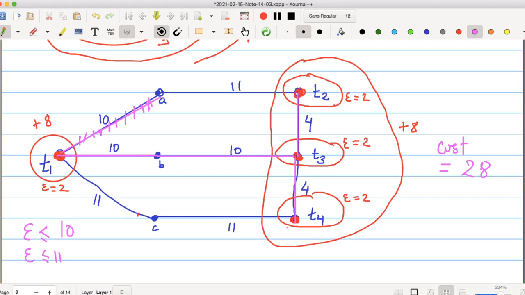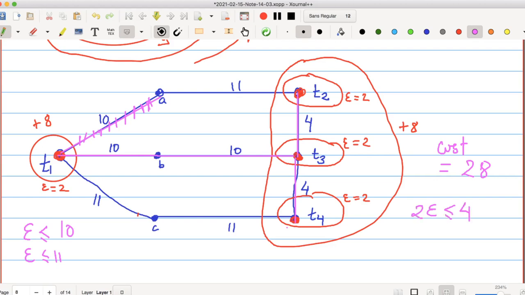But for edge T2 T3, the increase is 2 epsilon, so 2 epsilon should be at most 4.